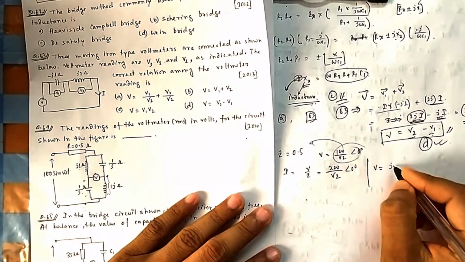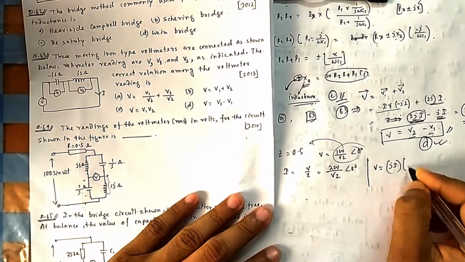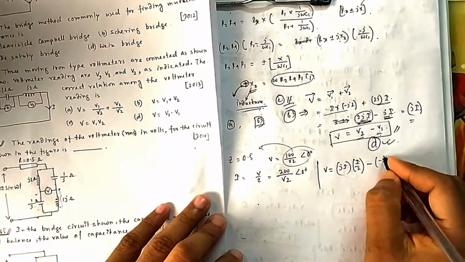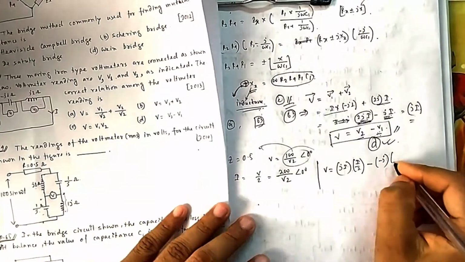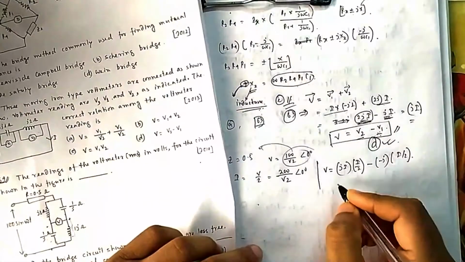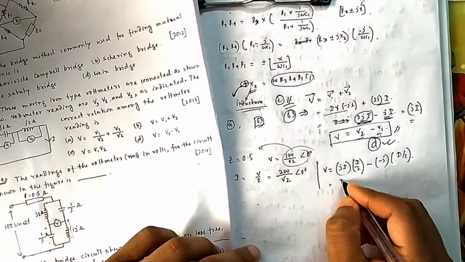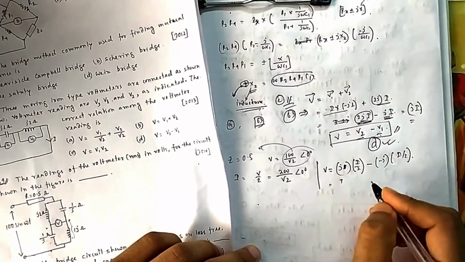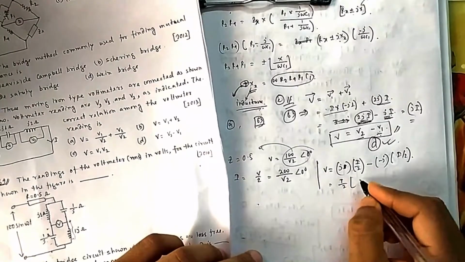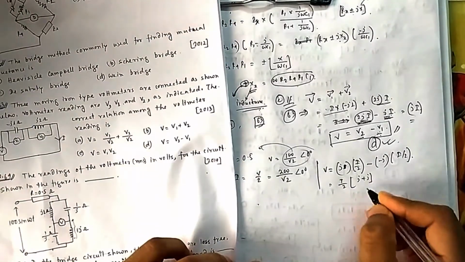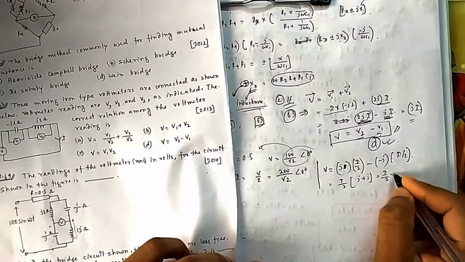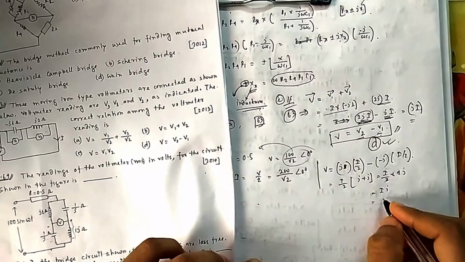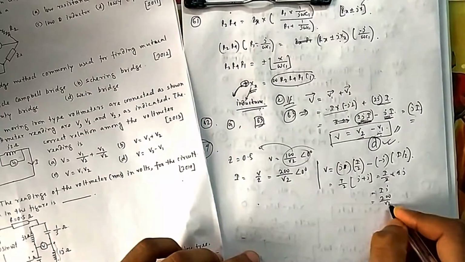So this is equal to J multiplied by I by 2 minus, I am writing 1 by J, I can write it as minus J, again I by 2. So if you take I by 2 common, this is J plus J, so it is 2J. So I by 2 into 2J, the 2 cancels, and it is only I into J. What is your I? I is your 200 by root 2 at an angle 0.